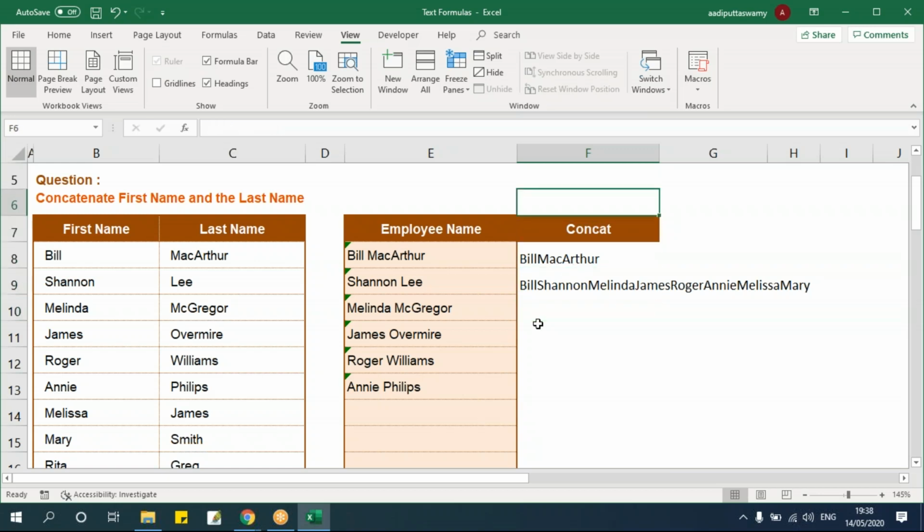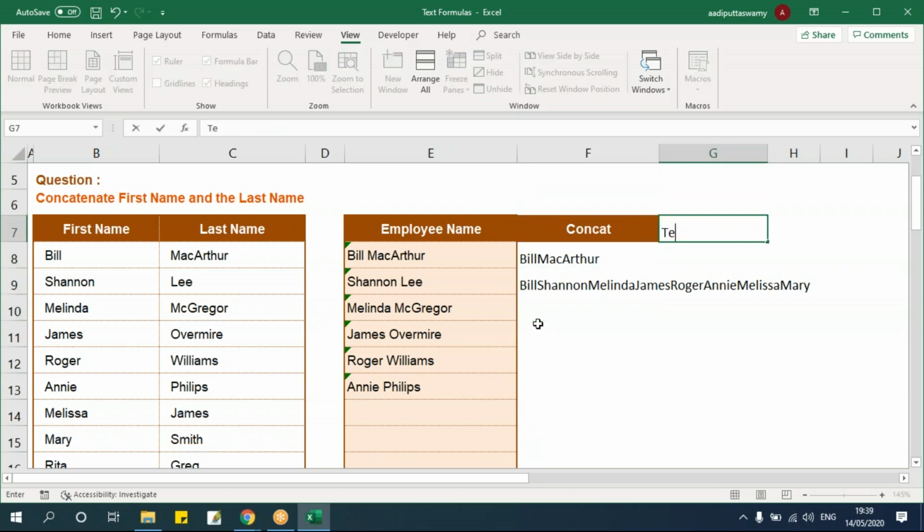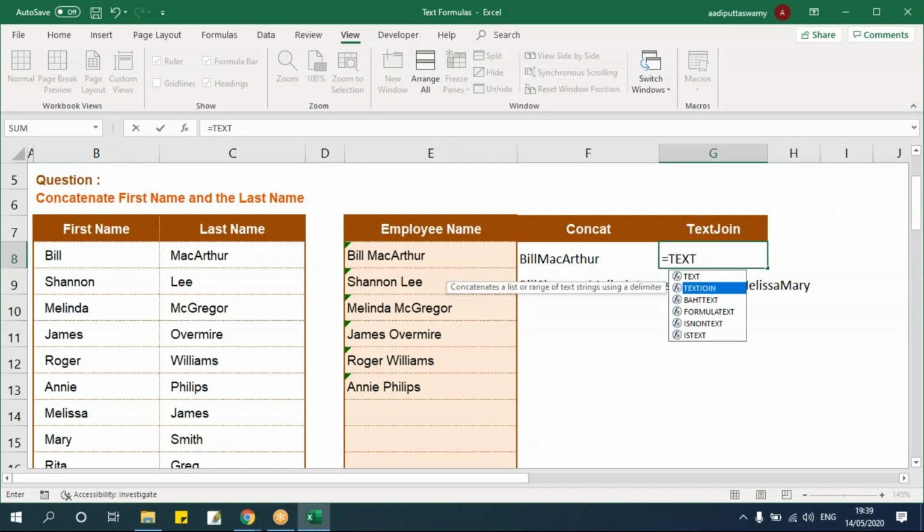So for this, what I'll do is I have one more function called text join. What will this text join do? Let's go and see. This text join will help me in concatenating all the values, but it also gives me an option of giving the delimiters. So how? Let's go here. Say equals text join, and then it says delimiter. What is the character I should use for separating the names? I'll give the delimiter as comma and a space,